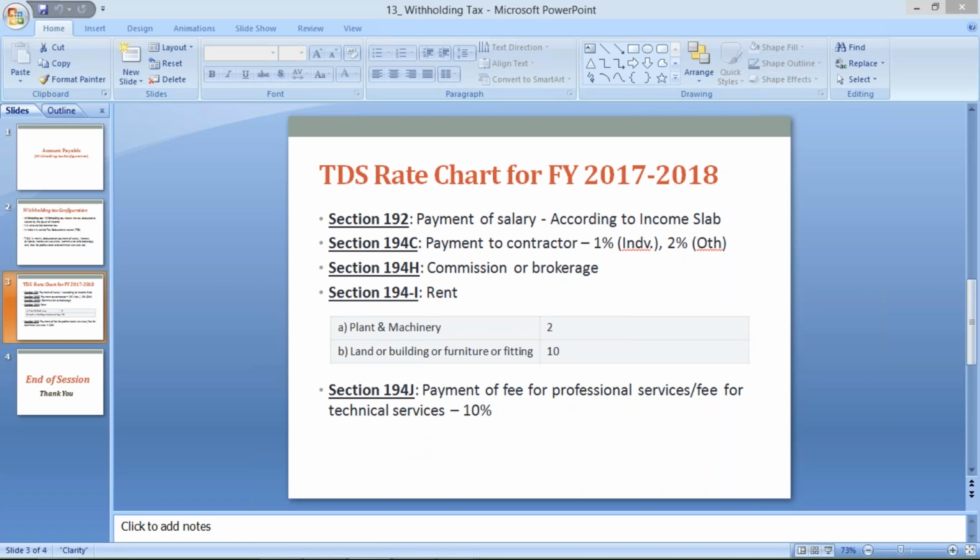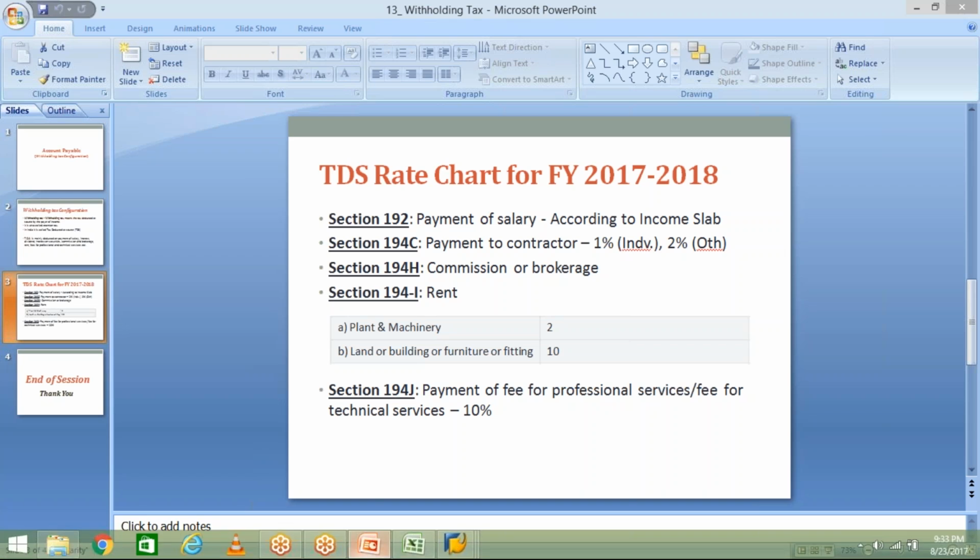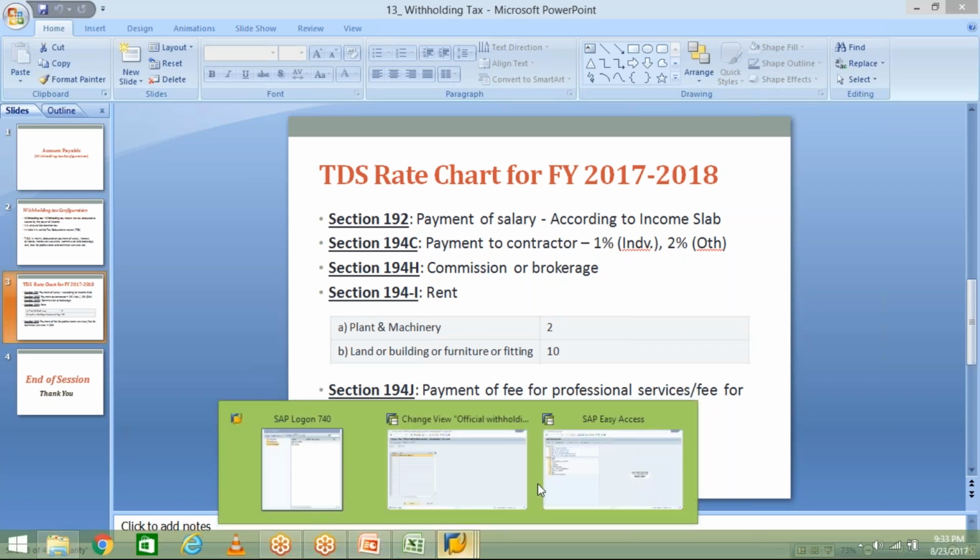It's not that they are going to use all, like, let's suppose if they're not having any vendor related to commission or brokerage or any transaction related to this, we are not going to specify it. Anyhow, that will be suggested by the client. Now I have given 194J, which I have created.